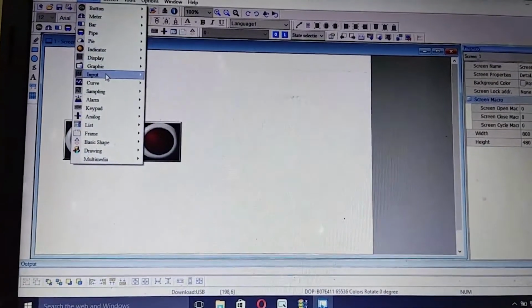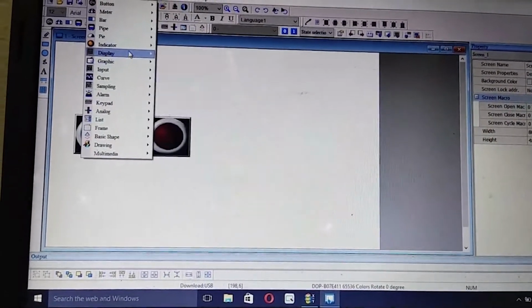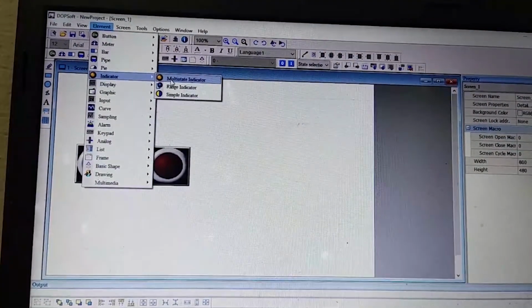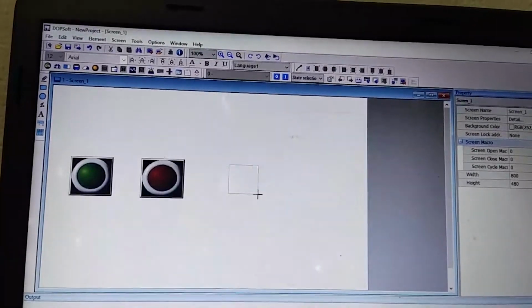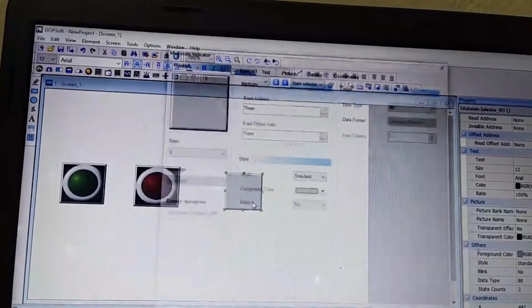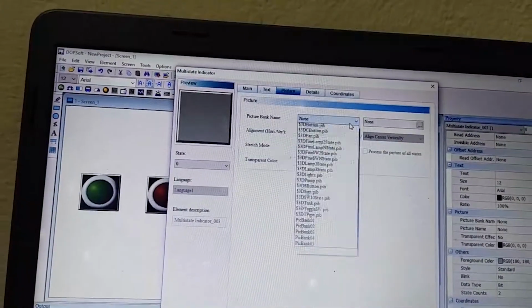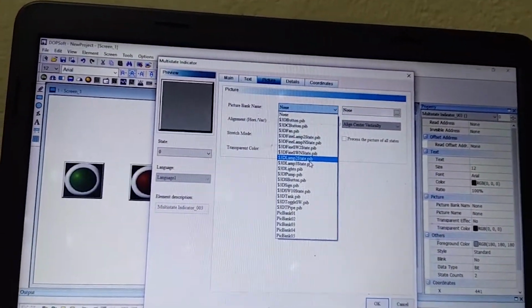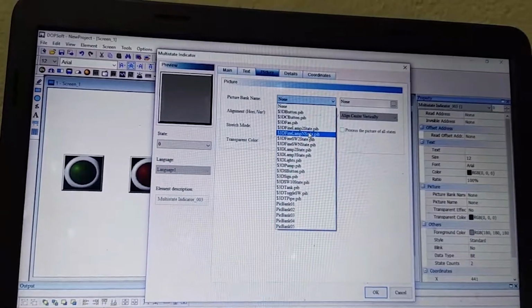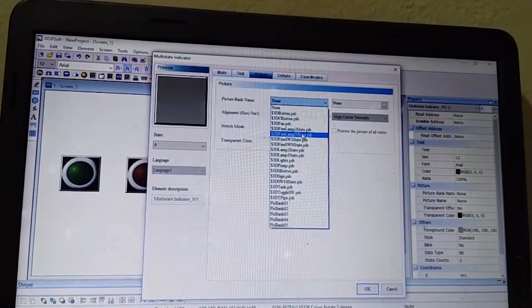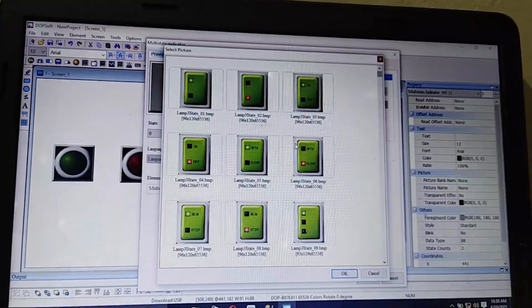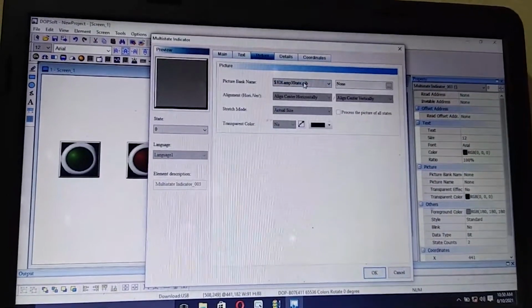Now I'm going to put an indicator, an output indicator, a multi-state indicator. I'm using a lamp. This lamp is not suitable.